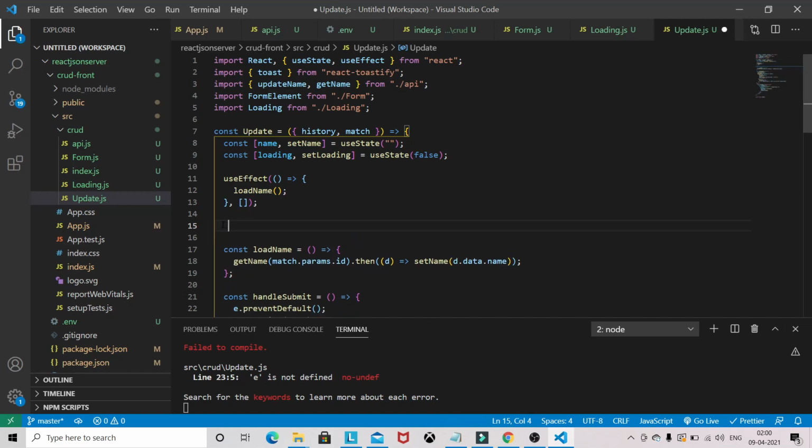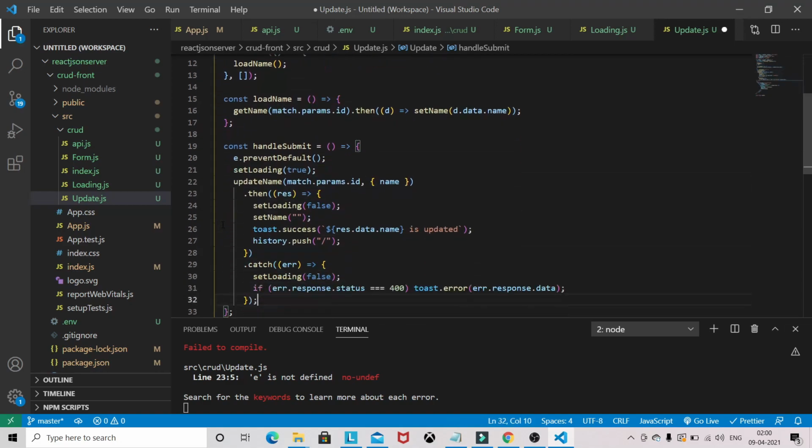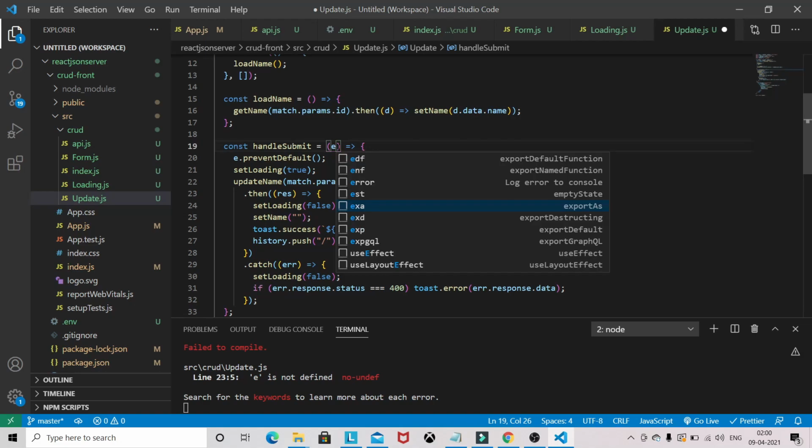So just remove this one. We need e, okay, no problem.